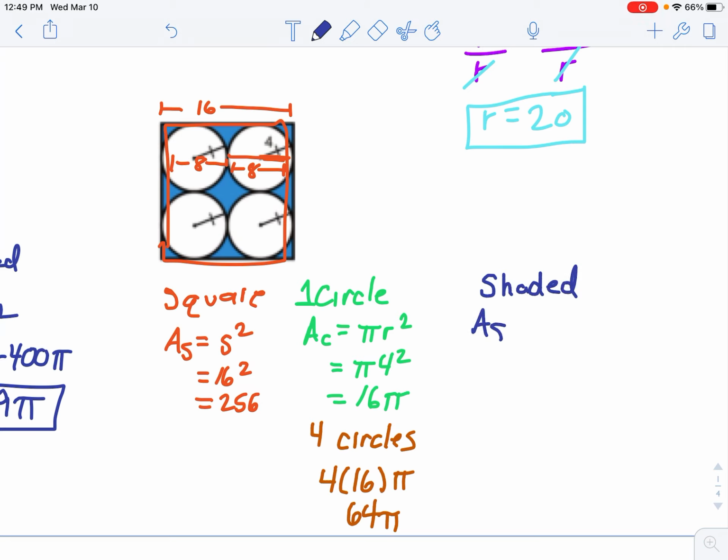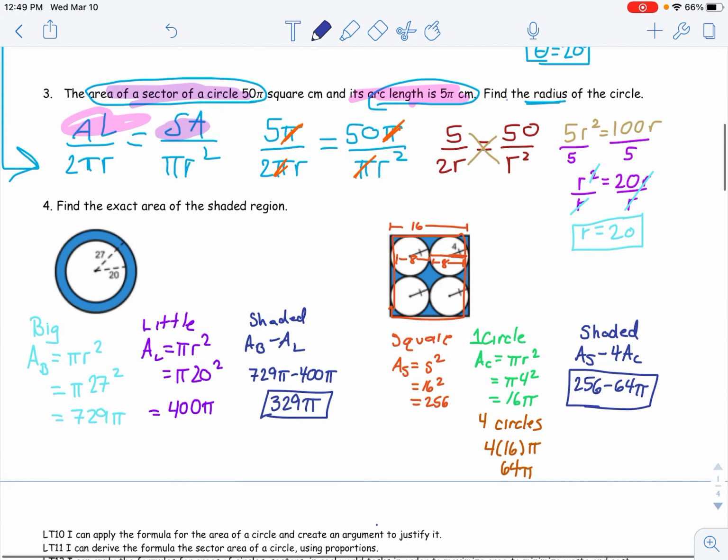Then the area of the shaded region is just going to be the area of the square minus 4 times the area of a single circle. So 256 minus the 64 pi we already calculated, and bada bing, bada boom, that's the exact answer. Anything you plug in the calculator